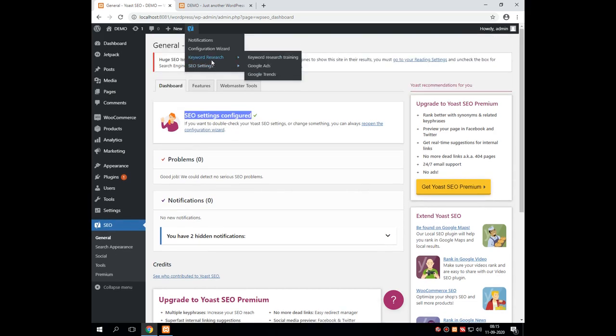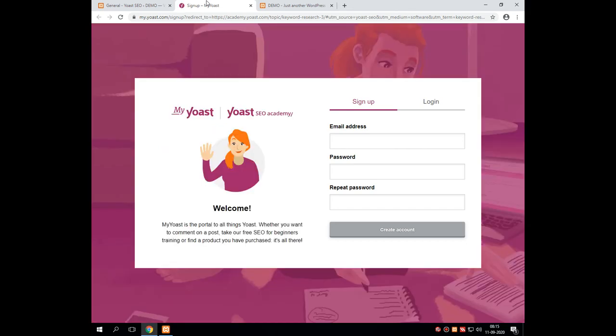So now we are starting with keyword research. In keyword research, the first topic is keyword research training. In keyword research training, the entire plugin gives a training about how to define keywords for our website. Generally keywords are followed by hashtag, and it is used to improve the search visibility over the search engine.